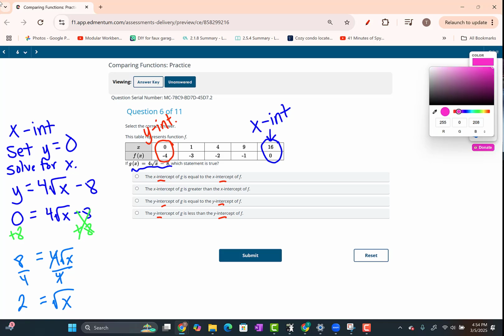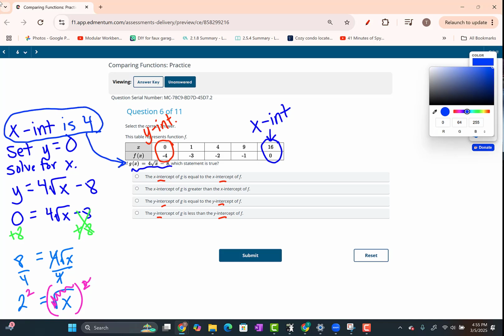Probably solve this without doing the last step, but let's do it. The opposite of square rooting something is squaring something. So these are going to cancel, and we're going to be left with x equals 2 squared, which means x equals 4. So the x-intercept is 4